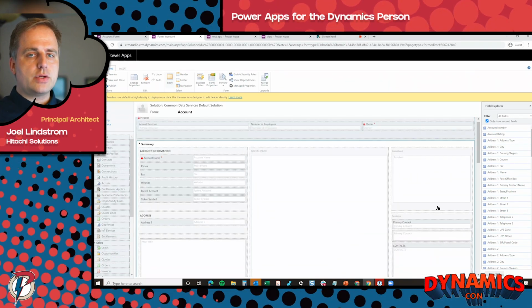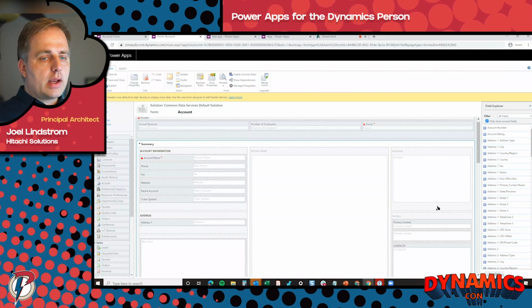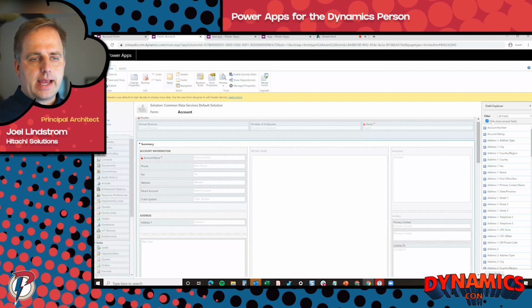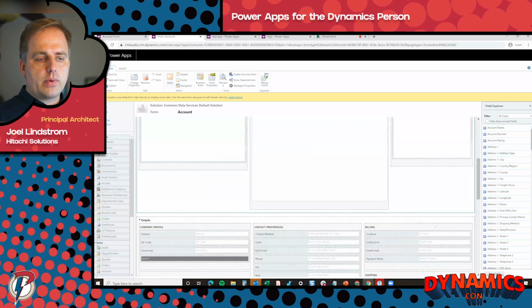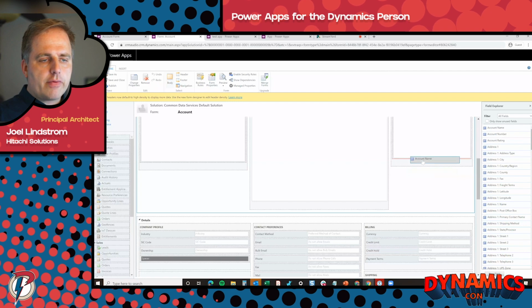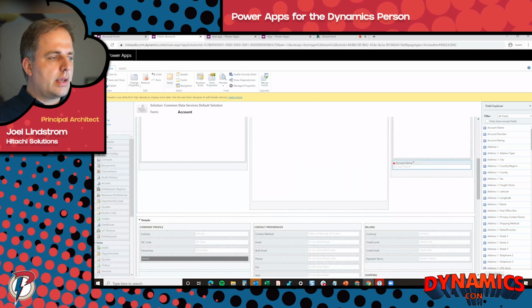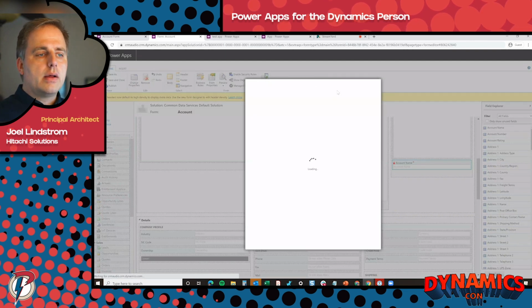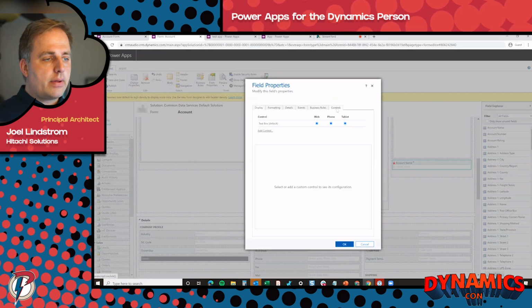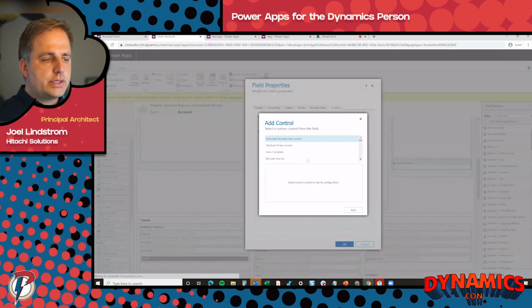what you have to keep in mind is you need to bind the control for the embedded Canvas app to a field. And you want it to be a field that contains data. It could be really any field, but you want it to be a field that you're pretty sure will contain data. I'm going to add the account name field here. And then from there, I'm going to click on Change Properties to pull up the property window. Then I'm going to go to the Control tab and add a control and choose Canvas app right here.